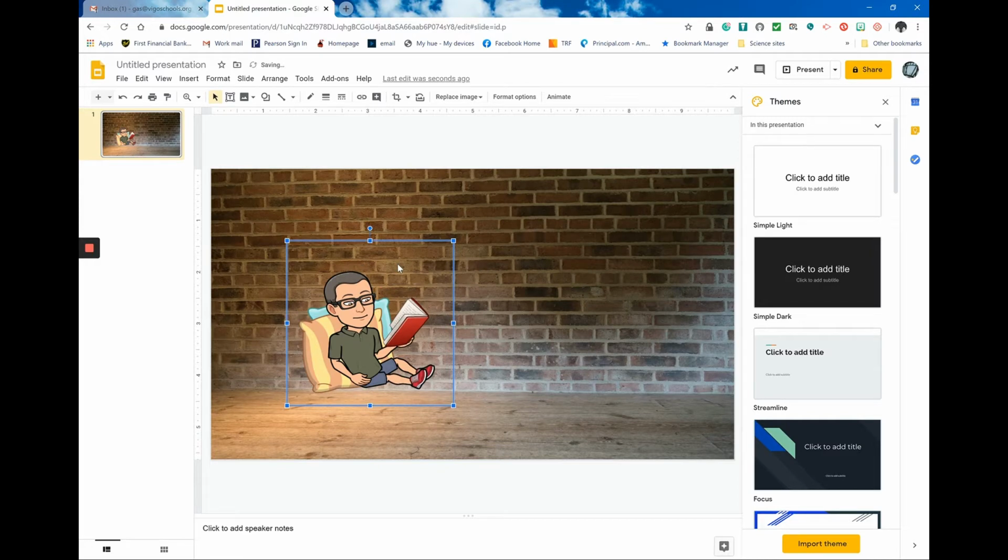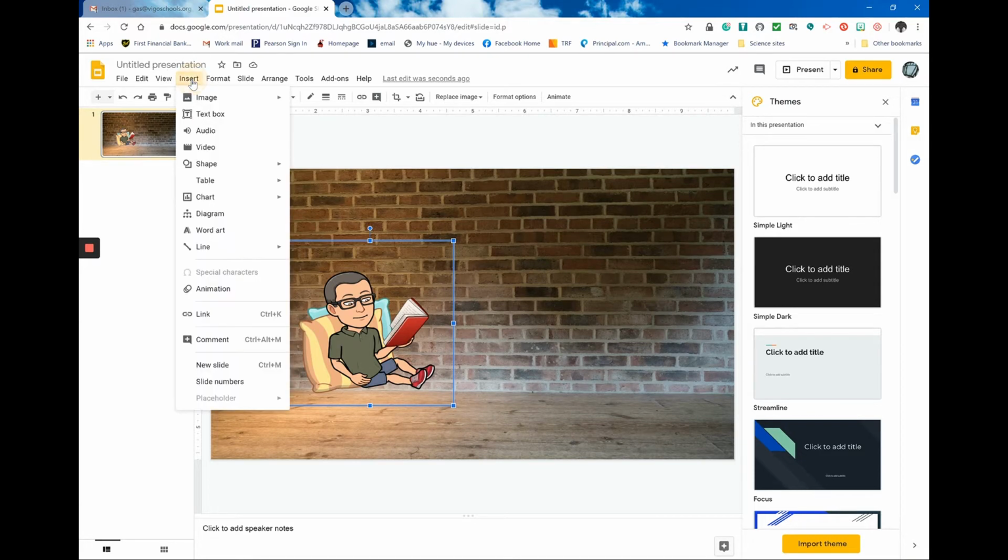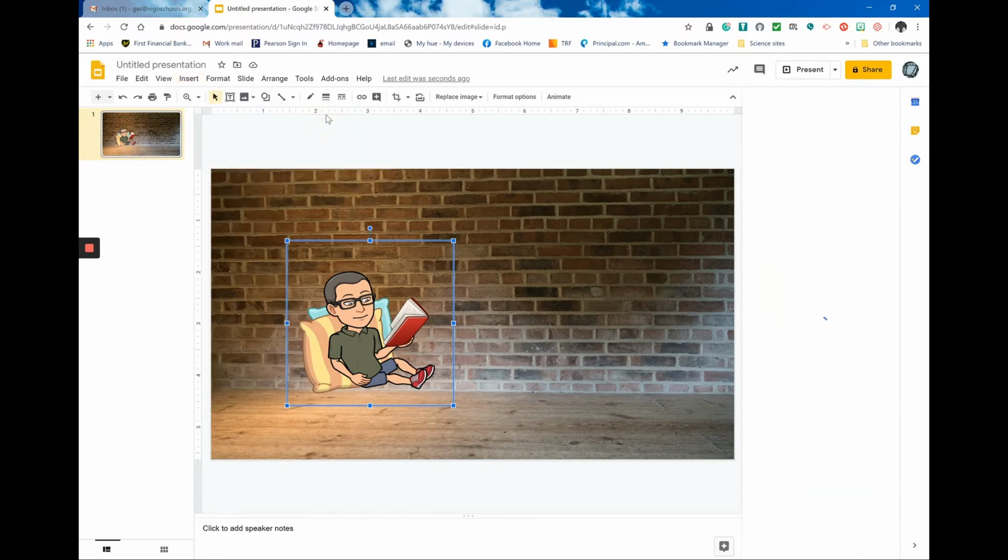All right, so now it's time to start adding objects to our scene. This being a classroom, let's add a desk. The way that you add objects into your classroom is that you will go to Insert. You're going to insert an image, and you're going to search the web. That brings up a sidebar where you are searching for Google Images, and here is a